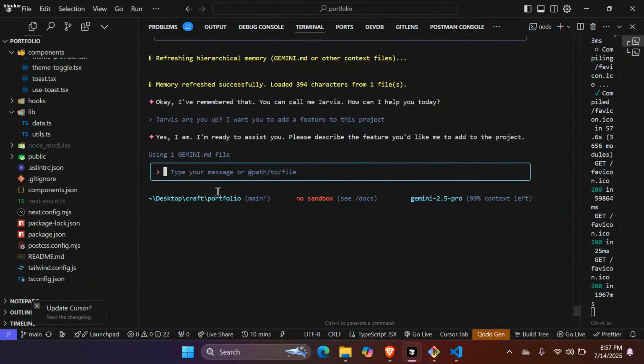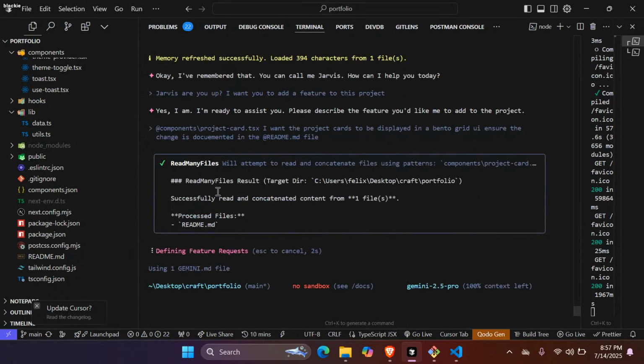Let's try this. You see, reading many files.